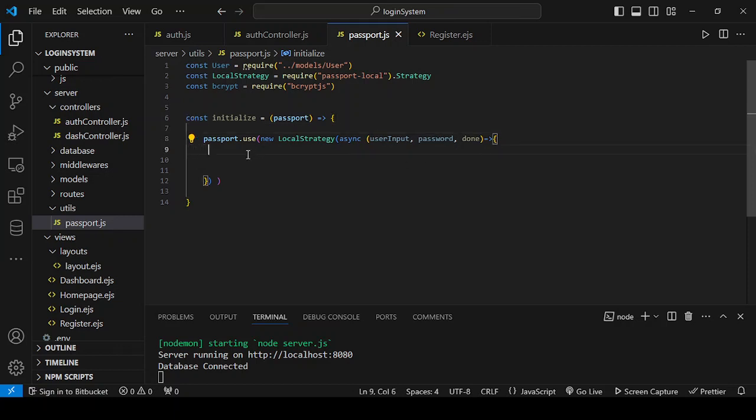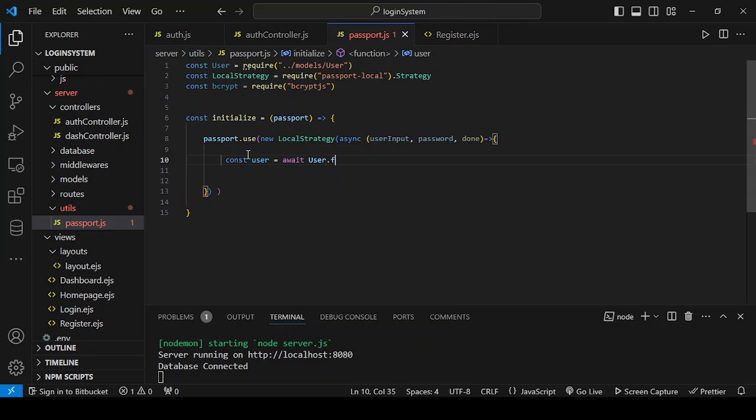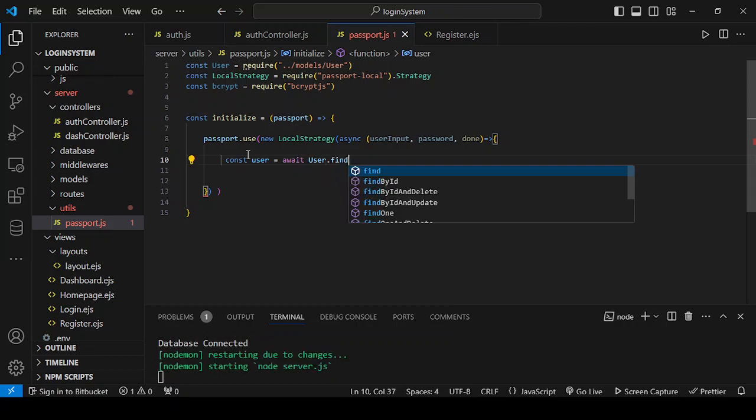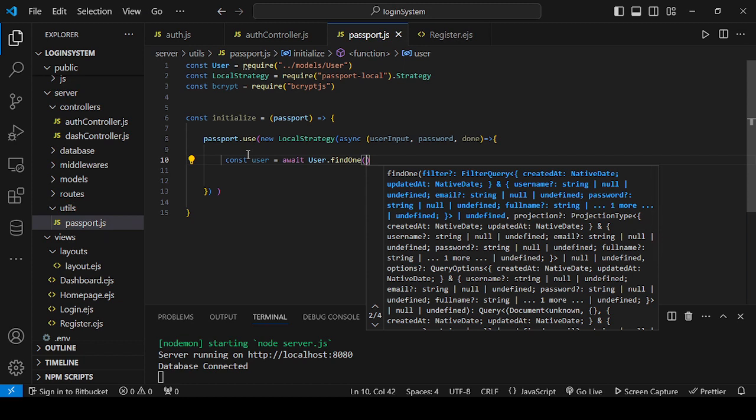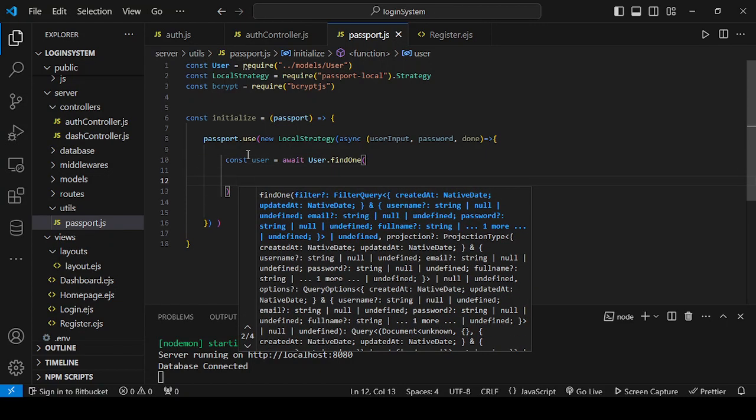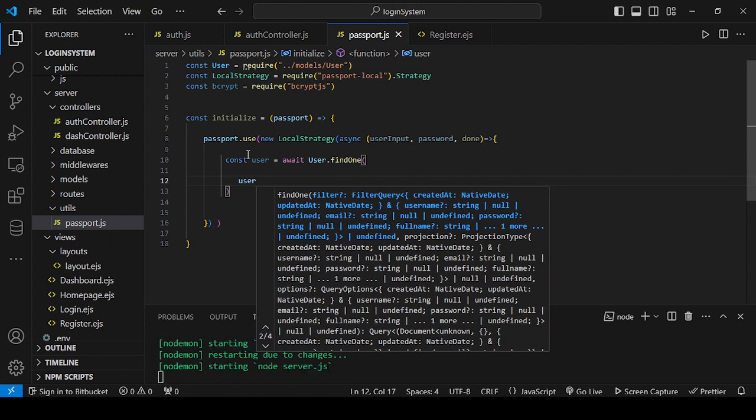So here we now say const user. Let's set user as we check our user model we brought in to find one person. Now, this is where a complex logic comes in. We can use both username and password. Find one person where the user input, which is the username,